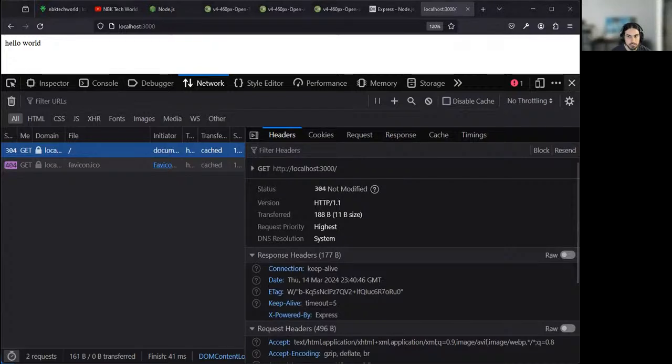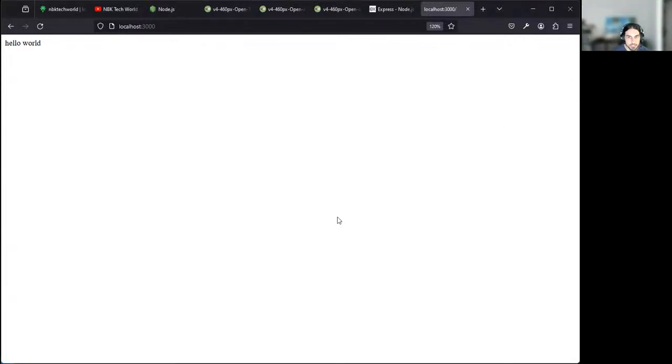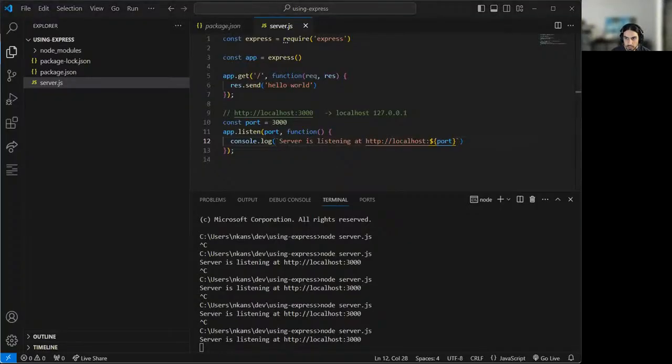Okay, so that's the dev tools. Now close that, and we can go back to the code. Okay. Now, you might be